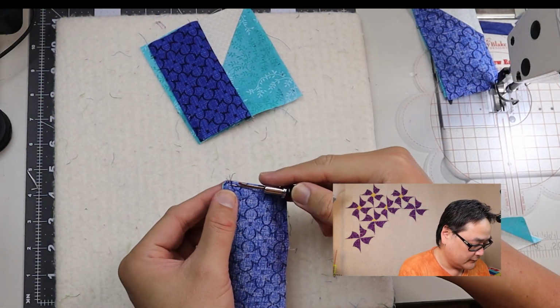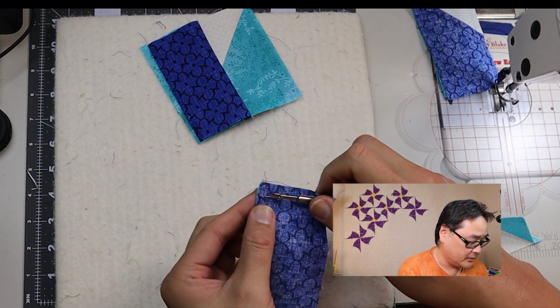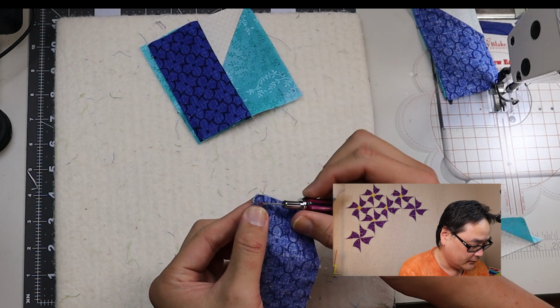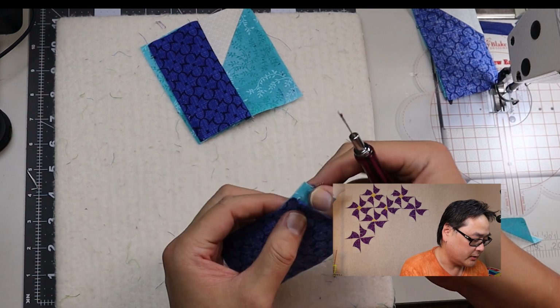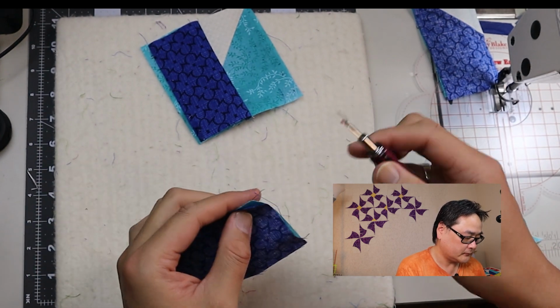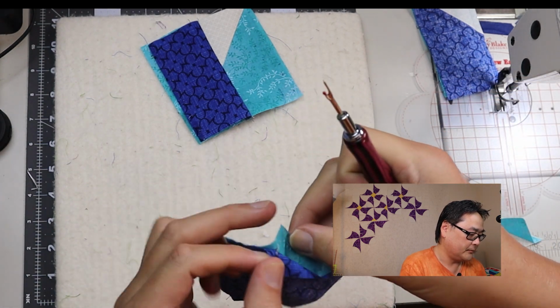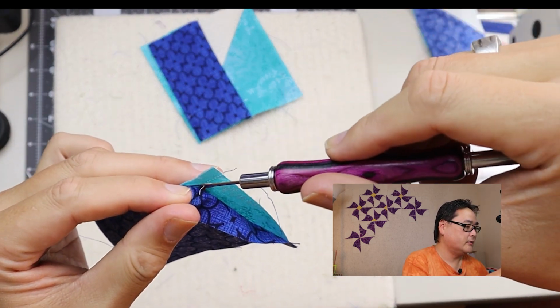Okay, so here is another method as to how to use a seam ripper. Now, this method, sometimes if I'm in a rush, I will do this. But the scary thing about it is sometimes I can also rip the fabric while doing this. So what I'm doing here is I'm just going to pick out the first few stitches just so that I can get the seam a little bit loose here at the beginning. Now, the ball here actually has a function in which you can slide the ball right under the seam in between the two fabrics. So if I slide it right in there,